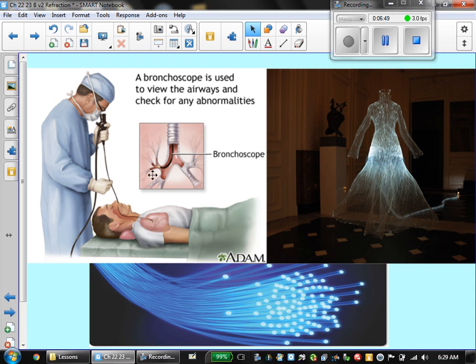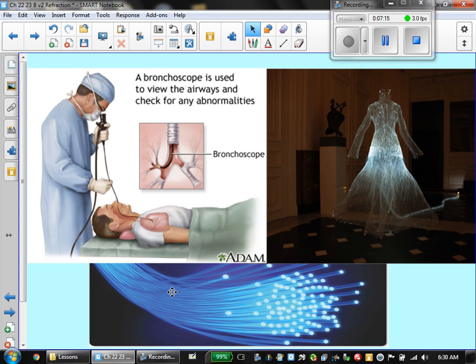You can actually put a small fiber optic material with a camera and carry light back to the doctor so you can actually look through the camera. And the key thing is the camera lens can be bent, so you can go into various areas to explore. Here are the fiber optic cables in detail. And again, I said that in class, a lot of data is carried by fiber optics as opposed to traditional copper wire.